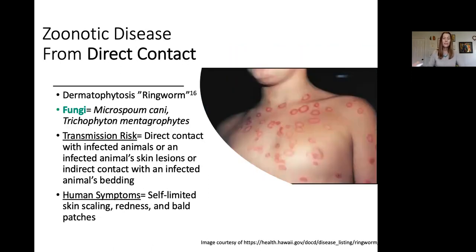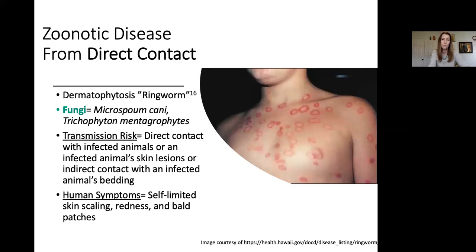Now, a zoonotic disease that can be transmitted from direct contact is one that you might be more familiar with, and that's ringworm. A dermatophyte fungi species, such as ringworm, can be transmitted through touching an infected animal's skin or their coat, or by having contact with an animal's infected skin lesions. But it can also be transmitted simply by handling the bedding or other items that have had contact with an